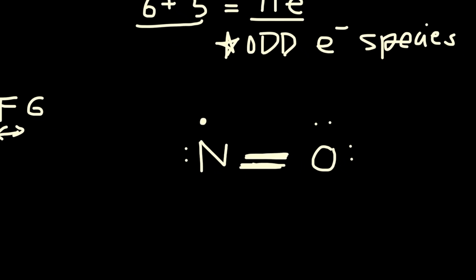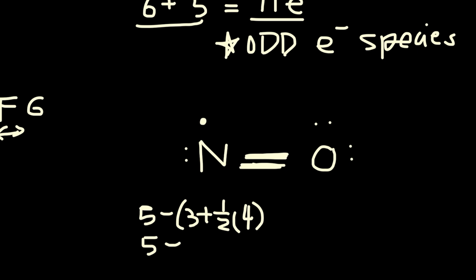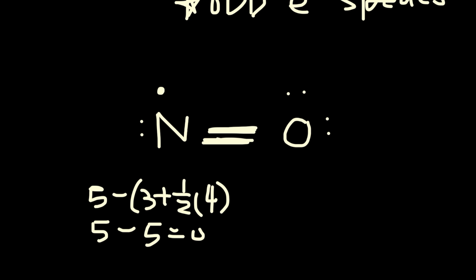So nitrogen has 5 valence electrons, and here we have 3 electrons just roaming around, and then we have shared bonding electrons, so half of it is going to belong to nitrogen, or what I just like to say is 5 minus number of electrons plus number of lines, so 5 minus 5, so that's going to be 0. Now for oxygen, it has 6 valence electrons minus 4, and then 5, 6. So this is going to be 0 formal charge, so this will be our Lewis dot